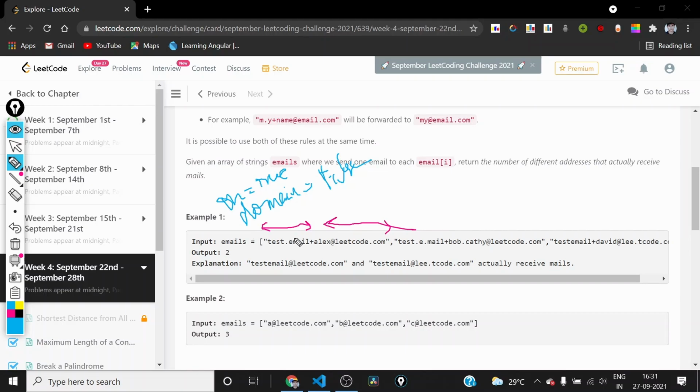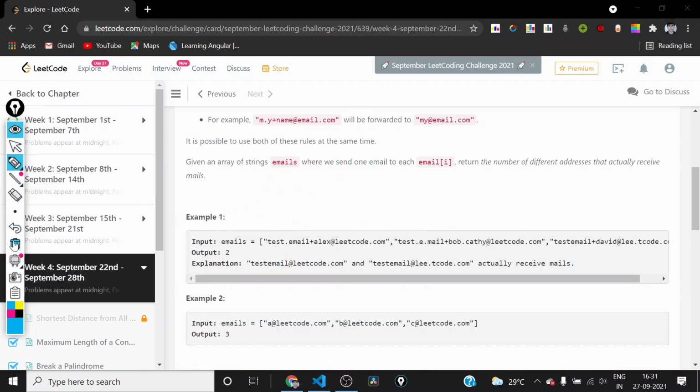If we encounter any character other than plus, and on is true, then we have to include it in the string s. If we encounter a period, we need to check whether we are in the domain or not. If domain is true, we include it, and if domain is not true, we don't include it. So this is the algorithm we will be using.